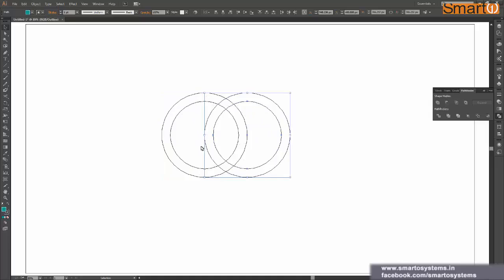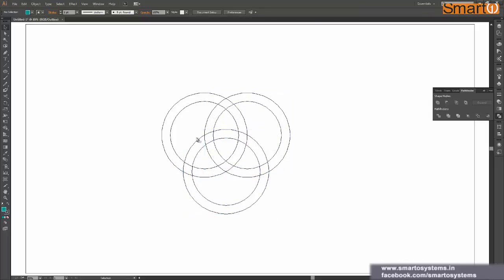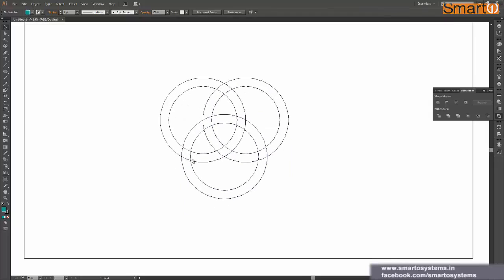Okay, so here what I'm doing is, while moving, I'm pressing the Alt key so that I can duplicate these shapes over here. And again, while having these two rings selected, I can press the Alt key and move it to paste it somewhere over here. Now it looks like three rings are intersecting with each other, but I want these three rings to be overlapping each other.